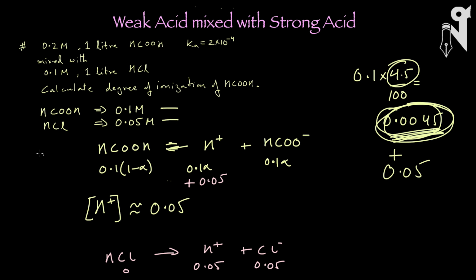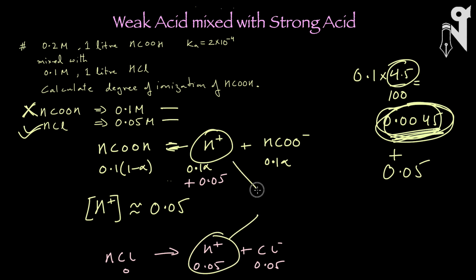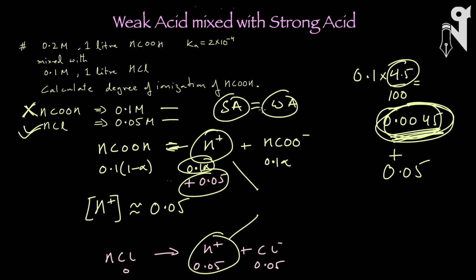If your molarity of the strong acid was much lesser than that of the weak acid, then the H plus contribution here and there would have become comparable and I could not have ignored either part. But in this question, since the strong acid molarity and weak acid molarity are comparable, therefore the hydronium ion contribution from the weak acid is not being considered. I hope you understand this. If you don't, just rewind and listen to what I've said again.